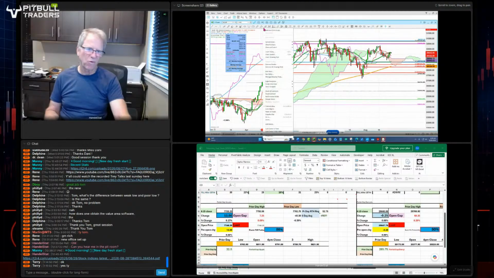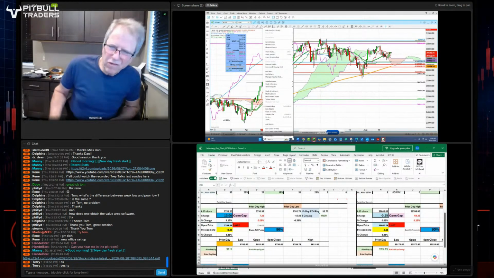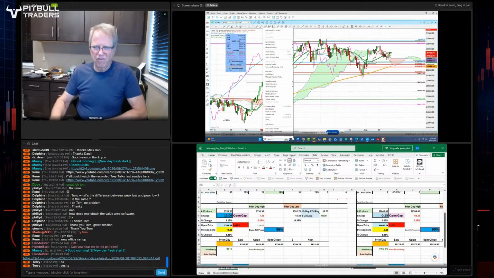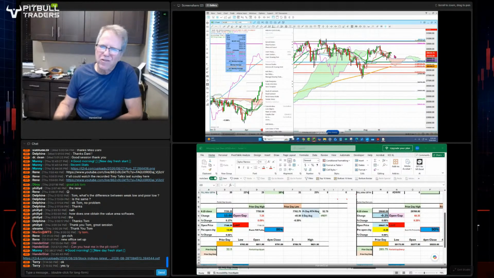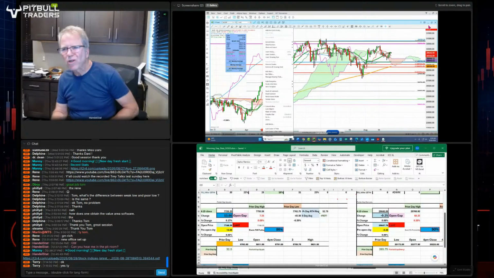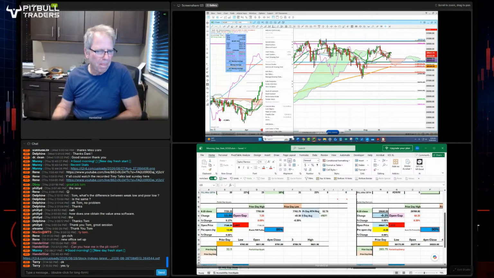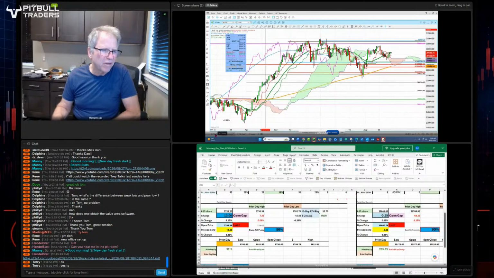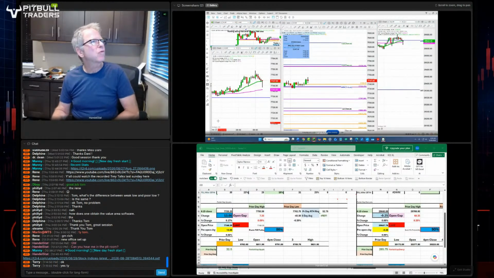NASDAQ, same story. But you can see we've been kind of range bound for a long time here. So it's been a big range, but it's still range bound. But NASDAQ still needs to go take out this high. And we're going to look at, after the opening, what the last couple of days of the month tend to do. In fact, let's see if I can get that done real quick right now.